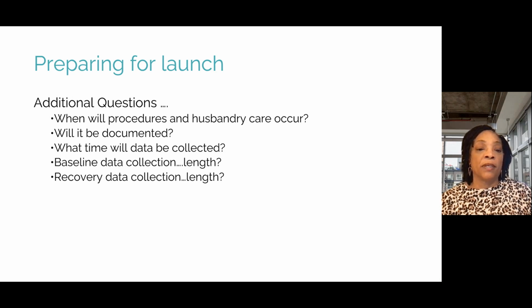What time will the data be collected? Will it be collected while there are technicians in the room? Should there be baseline data collection? What is the length of that baseline data collection? What is the recovery data collection? So lots of questions you need to bring forward and think about as you're going through doing the